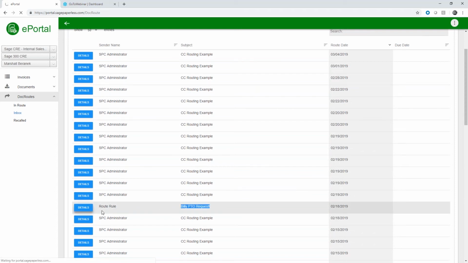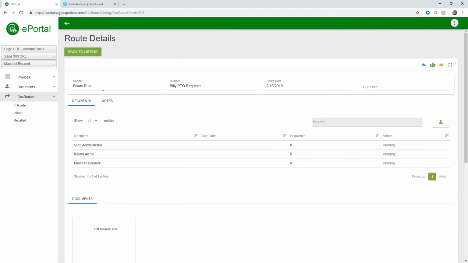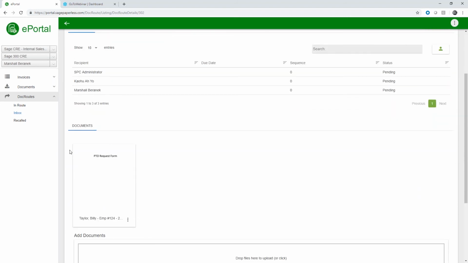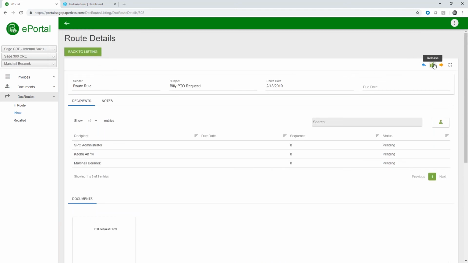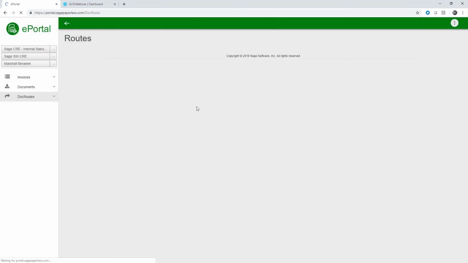So if I jump into the details here, we can see that this vacation request form has been routed to myself to go ahead and approve. I can see the different people in the sequence here that need to approve that document, as well as a copy of that PTO request form itself. If everything looks good to go, I can go ahead and release this, and now Billy can go ahead